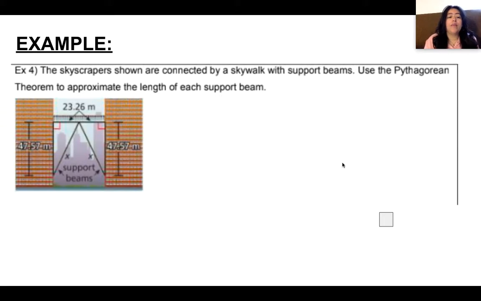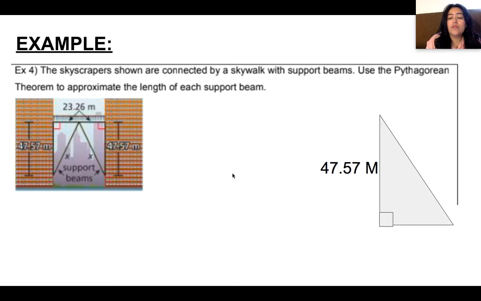So in this first example, the skyscrapers shown are connected by a skywalk with support beams. Use the Pythagorean theorem to approximate the length of each support beam. If we look at this photo, the only confusing piece is the way they labeled the beam. It says 23.26 meters, and that's describing the entire length of the beam, not each part. But if I sketch out my triangle, my height here is 47.57 meters, and my base would be